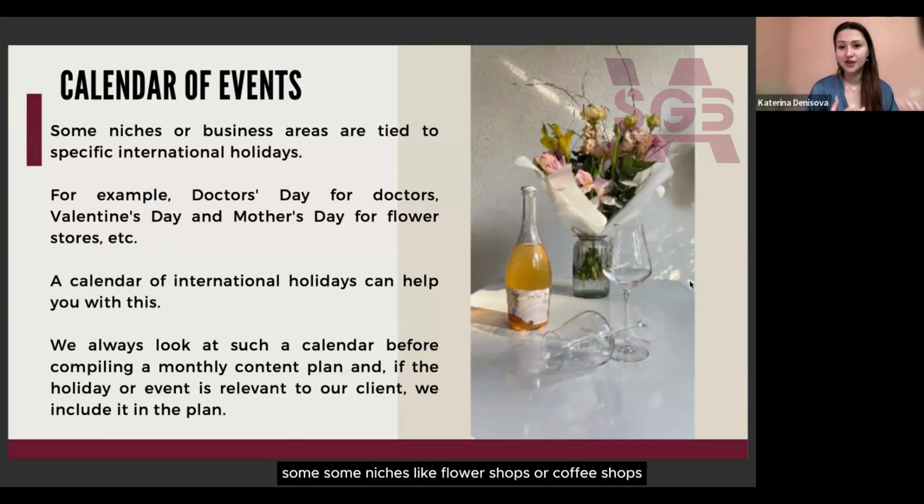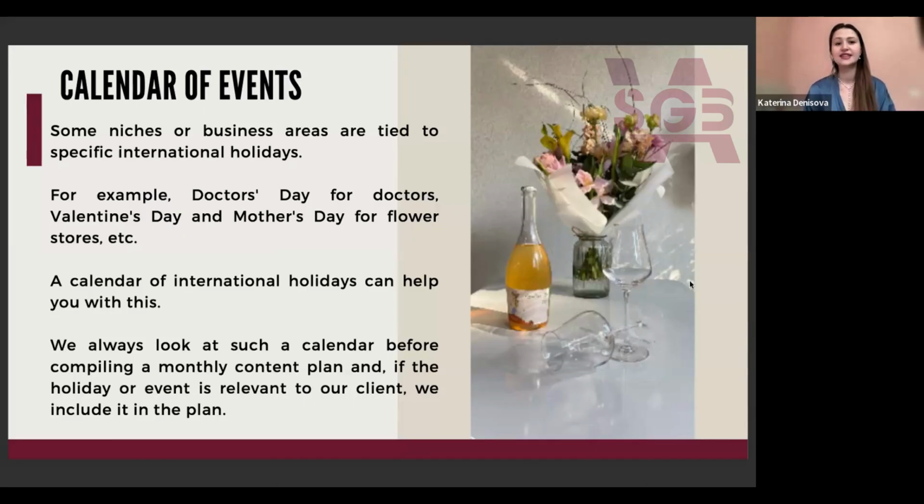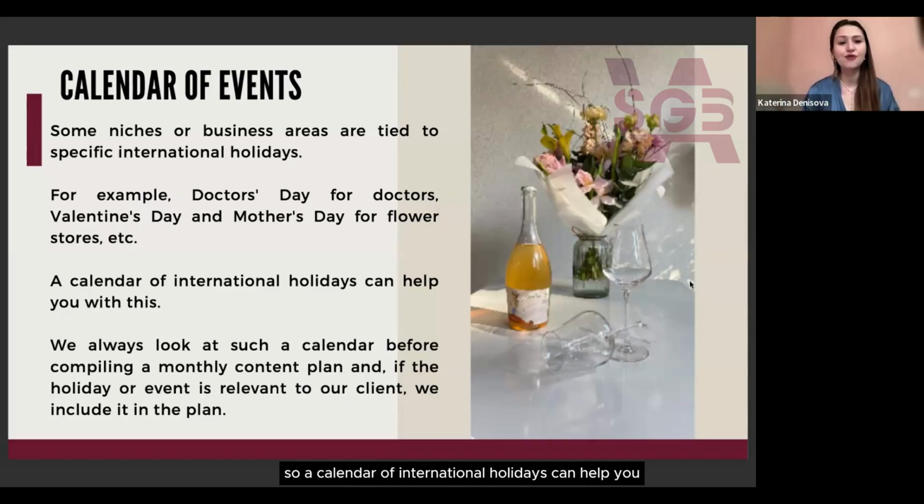Some niches like flower shops, coffee shops or chocolate shops might focus on Valentine's Day or Mother's Day and make some special content for these holidays. So a calendar of international holidays can help you to tie your content plan to reality.